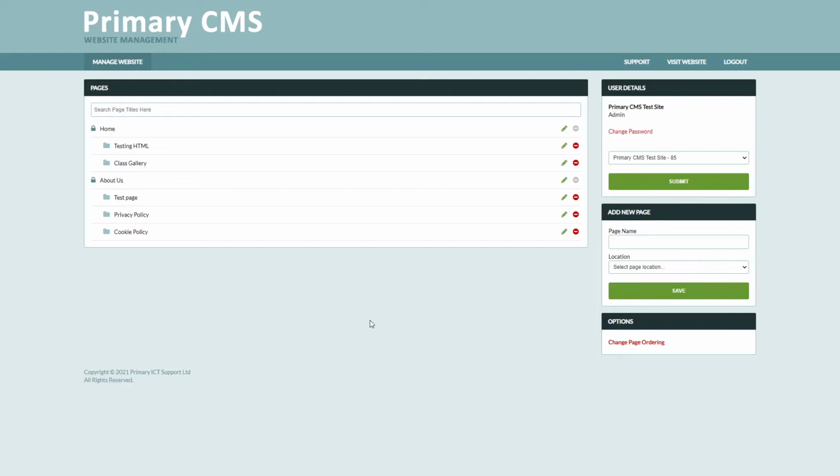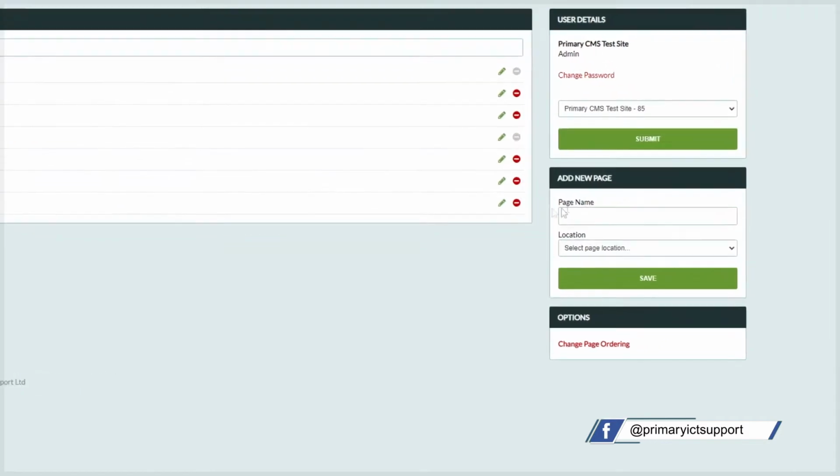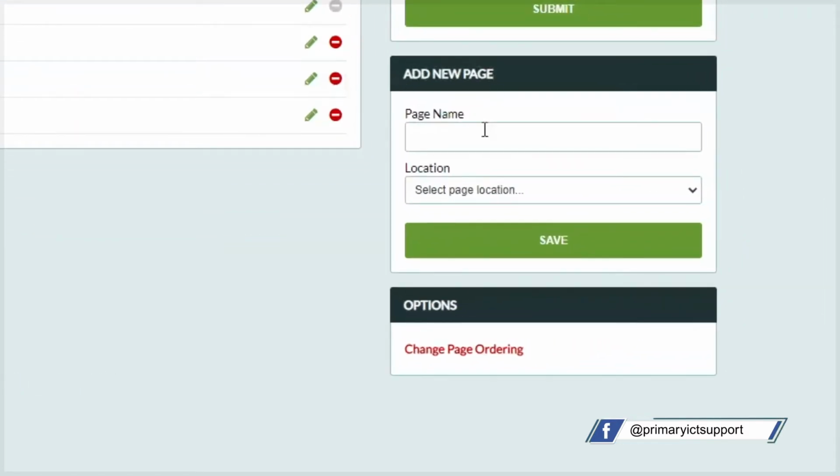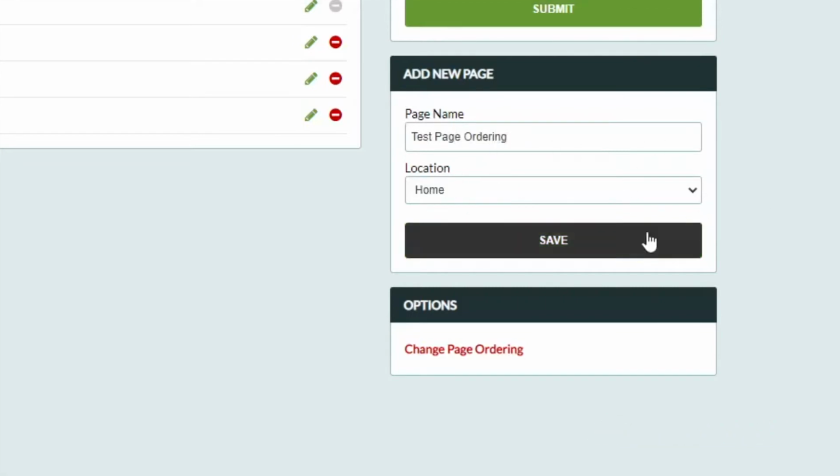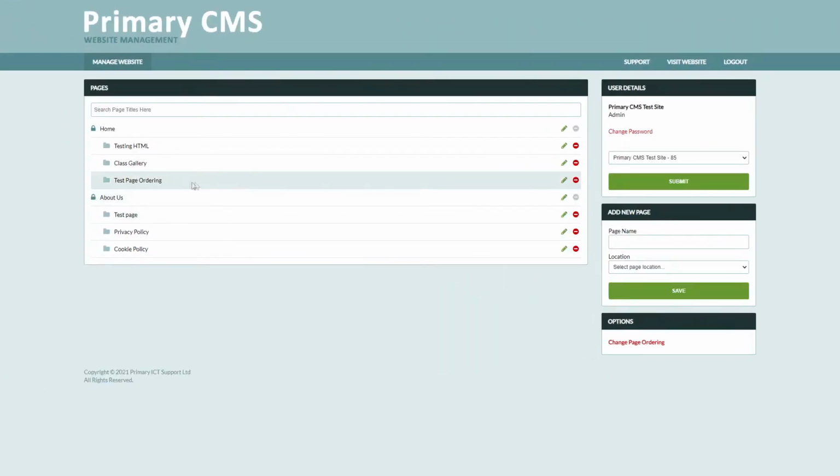So to get started, as always, what you'd like to do is sign into your Primary CMS dashboard. Once you've signed in, you may know how to make a new page already, but I'm just going to talk you through it anyways. So down in the bottom right, you'll see the add new page. You'll want to type in the page name and the location of where you'd like that page. Once you've put in the page name and the location, just click save and you'll see your new page now